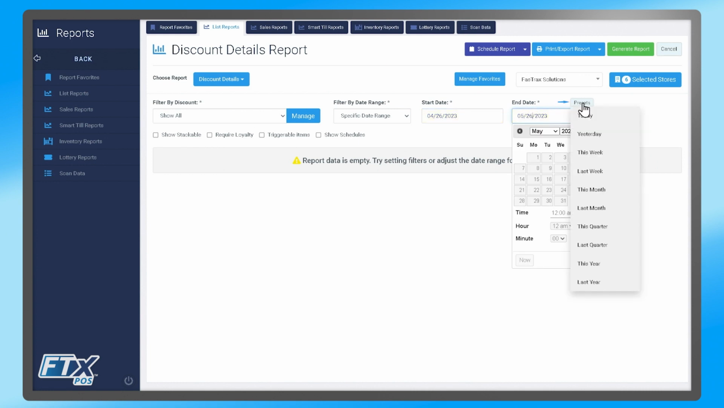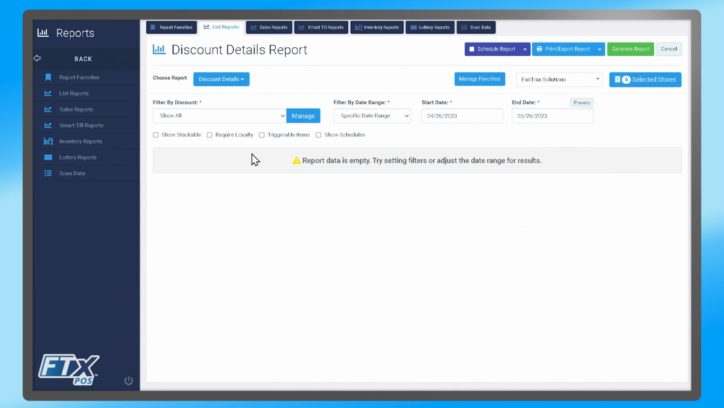You can manually input your start and end dates. And there's also this button here that says presets that will allow you to select the range in a predefined manner. Today, yesterday, this week, last week, this month, last month, this quarter, last quarter, this year, or last year. You also have checkboxes that'll allow you to show your stackable discounts, require loyalty discounts, triggerable items, and show the schedules. If we go to generate this report,